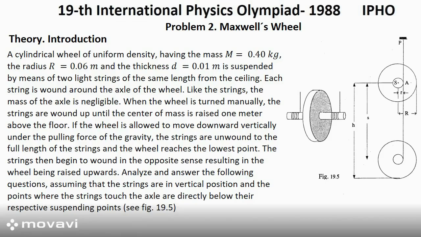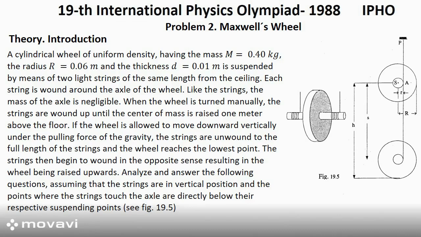Introduction. A cylindrical wheel of uniform density, having the mass m equals 0.4 kg, the radius r equals 0.06 meters, and the thickness d equals 0.01 meter, is suspended by means of two light strings of the same length from the ceiling. Each string is wound around the axle of the wheel. Like the strings, the mass of the axle is negligible. When the wheel is turned manually, the strings are wound up until the center of mass is raised 1 meter